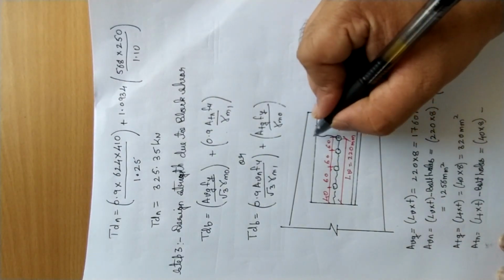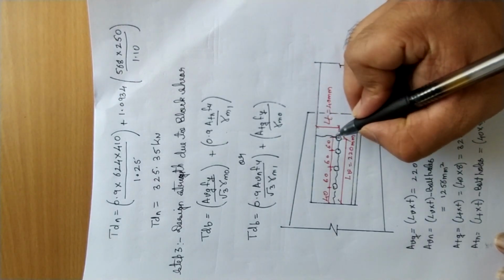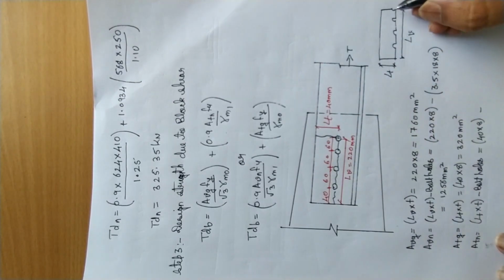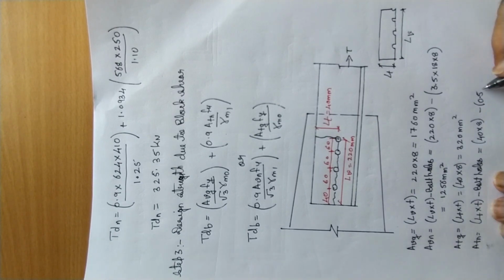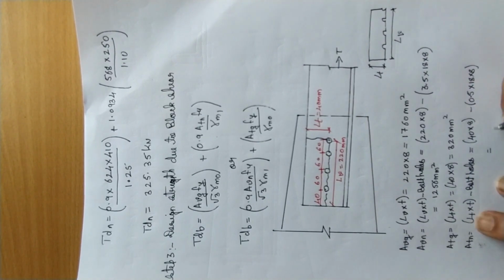In this line, vertical direction, perpendicular to the force, only one bolt is being cut. How it is being cut? Into a quarter portion. You can see here. So quarter means it has to be taken into half. So it is 0.5. Remember, into the diameter of the bolt hole into thickness. So this works out to be 248 mm square.